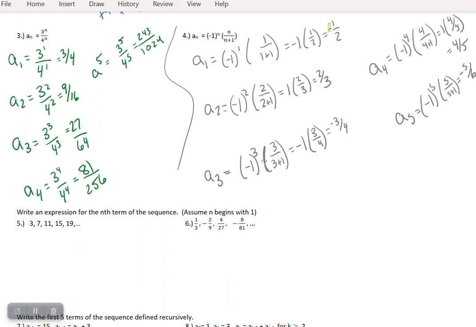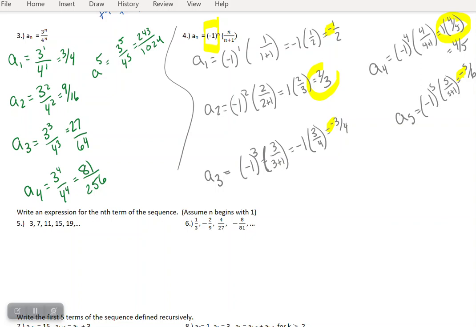You notice that in number 4, we go negative, positive, negative, positive, negative. And the way that we can get that pattern happening is because of this part, this negative 1 to the nth power. Because if it's to an odd power, like 1, it's going to end up being negative 1, and that just changes the sign. But if it's an even power, it's going to change that negative 1 to a positive 1, again, not affecting anything